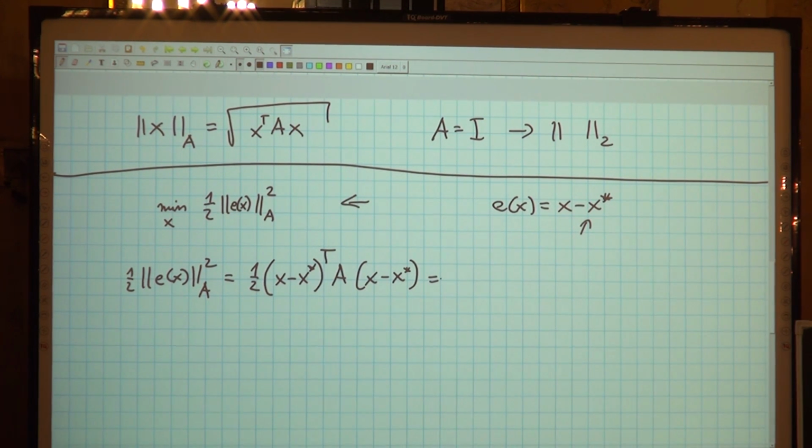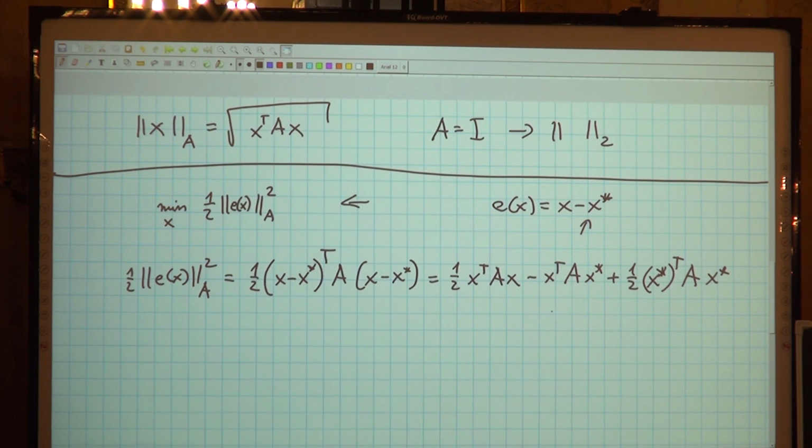So we will have cross terms. One term will be this. Then there is another cross term that I will write in a second. Sorry, these are the diagonal terms. Then there are cross terms, which boil down to x transpose A x star, and the one more remaining diagonal term is x star transpose A x star. Okay, so this is the objective we are actually minimizing,